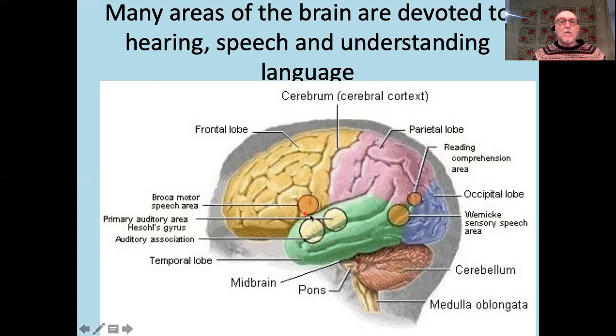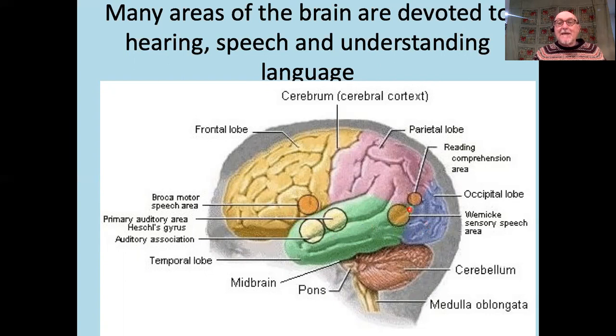There is a part here called Broca's area. This is the part that we actually use to form speech. Broca's area allows us to make sound, know what sound we are making, and have the intention of making that sound. Just making a sound is a very complicated thing, because we can make many different sounds, and we do. We make many different sounds in order to speak, sing, whatever.